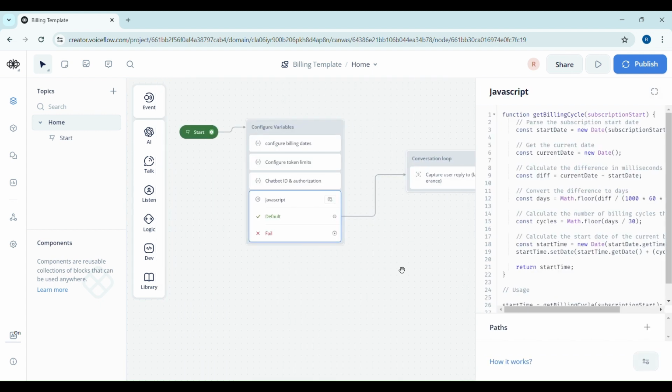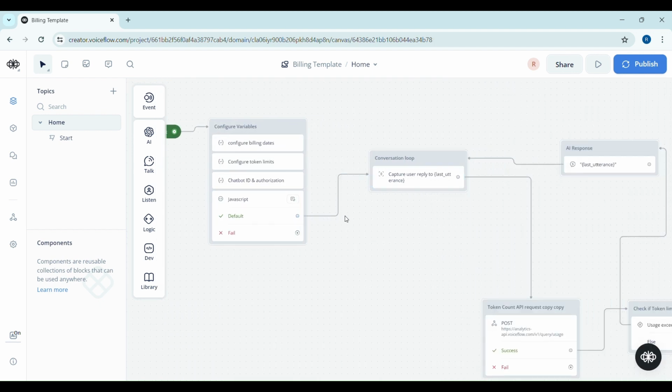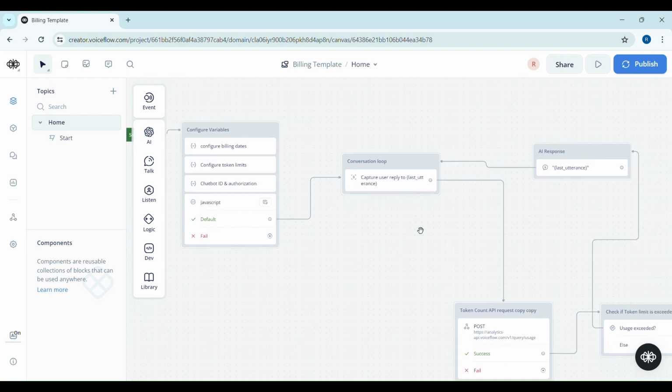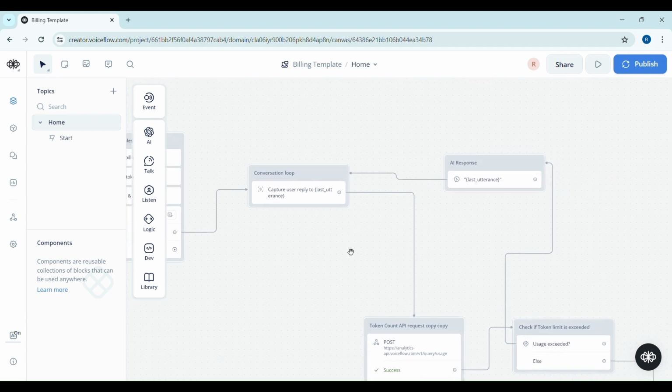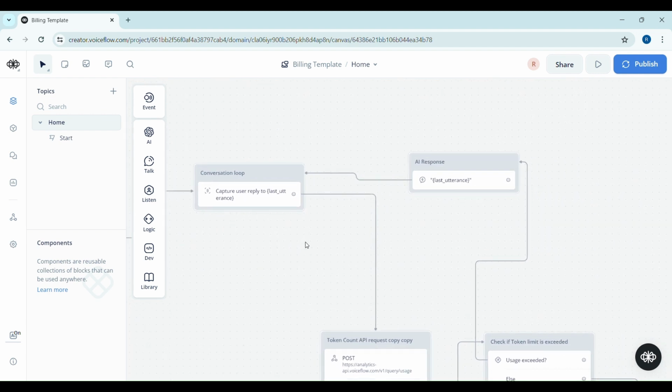Now, this will come into play later, but following on for now, we then go to the conversation loop. Now, without adding in any of this additional logic to calculate whether the chatbot has exceeded its token usage, your chatbot on a basic level will probably look something like this, where you take an input from the user and you feed it straight to the AI response block, you get your response back, and you loop back to receiving an input